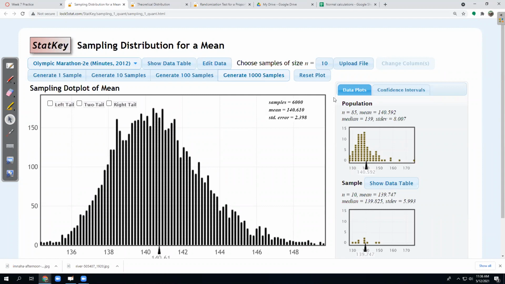Now here we have a limit. The sample size has to be less than the population, so the biggest sample size I could take is 84. It's a little bitty population. So this was just a reminder that sample size matters. All right, so I think this is probably a good place to